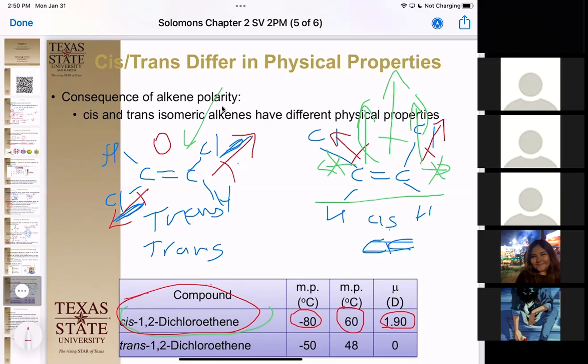But in this case, we have a permanent dipole, and it actually makes it have more molecular interactions because that is a permanent dipole and it can interact with itself, other molecules better. So in this case, the cis molecule raises the boiling point because of its dipole. Nothing to do with stability. Okay. So if we look at the trans